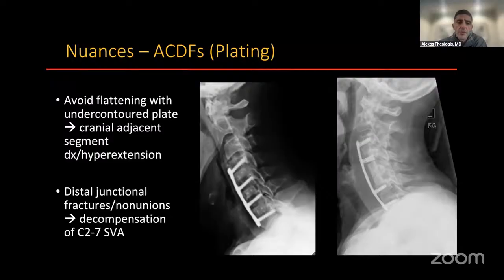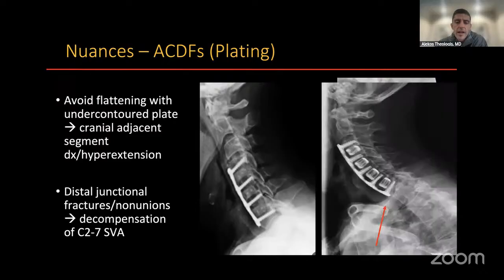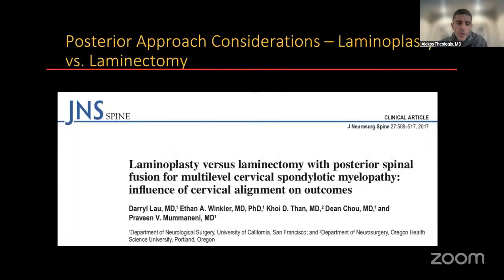And then the other thing that may occur is that at the bottom level, because of the shear forces and other forces at the distal segment, you may have fractures of the vertebral bodies distally in these really hyperlordotic cervical spines. Now, when it comes to the posterior approach options, laminoplasty and laminectomy, it's important to talk about how cervical